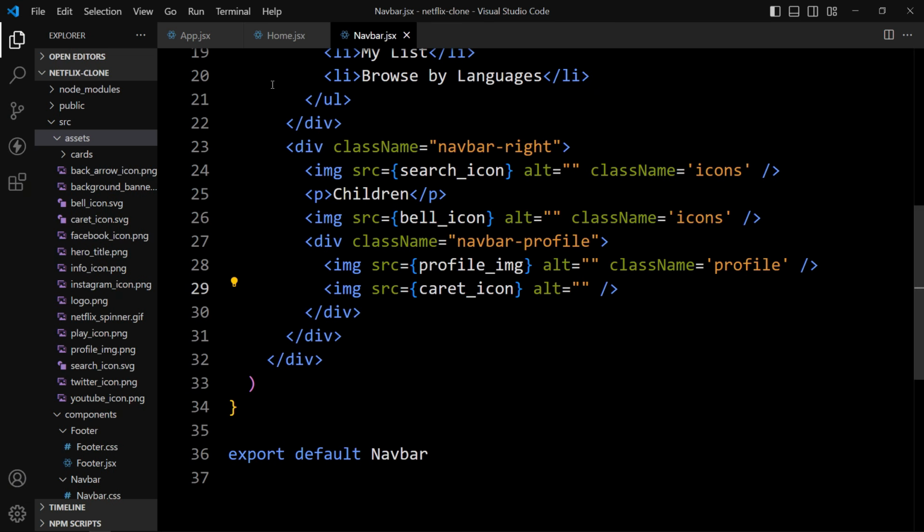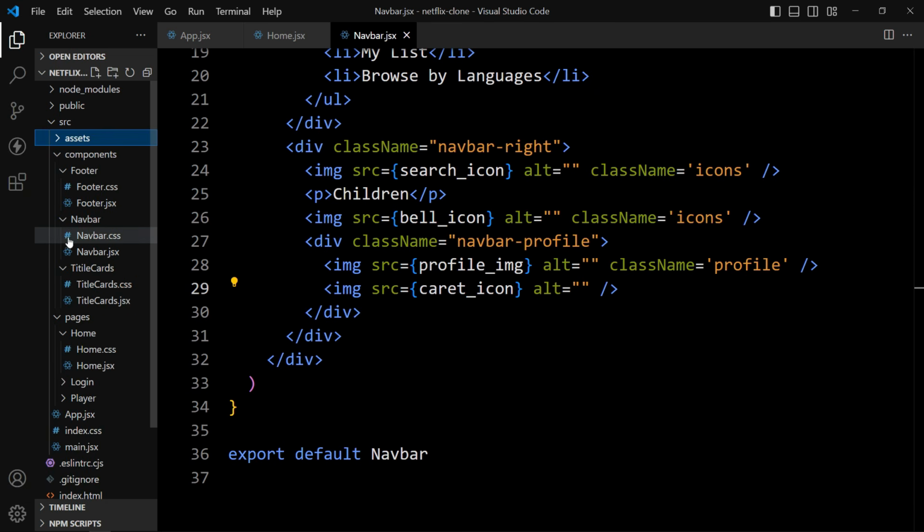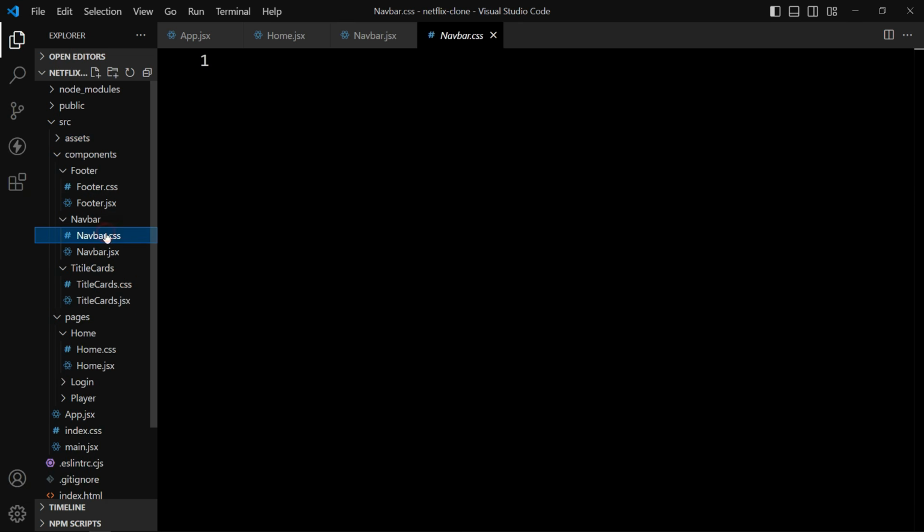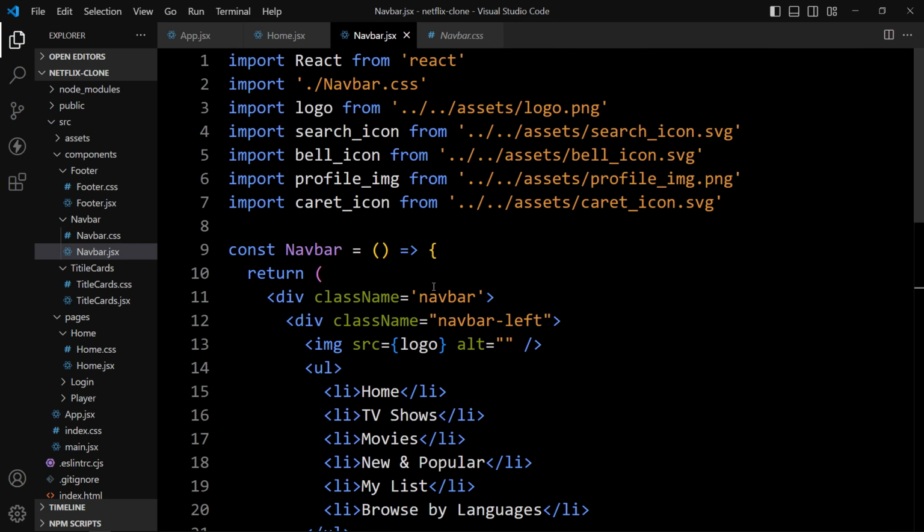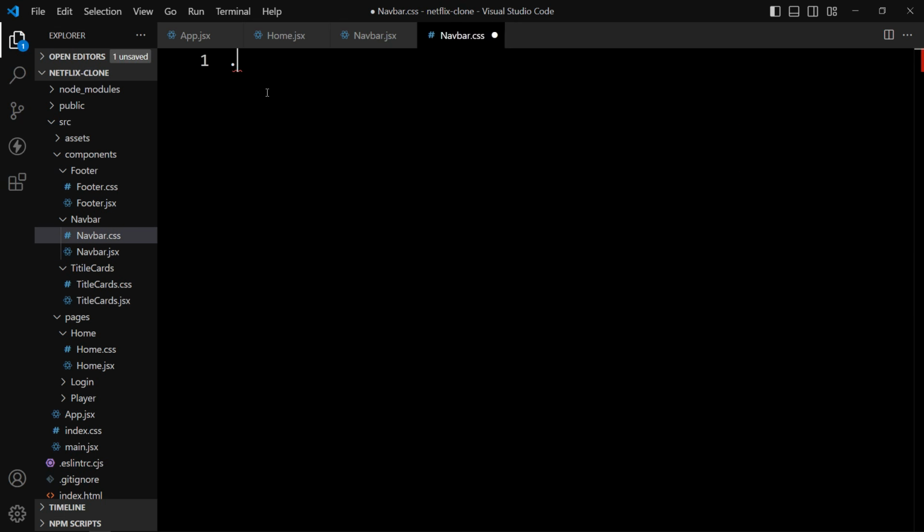So let's come back and we will open the navbar.css file, and in this one we will add the CSS properties for the navbar class name, which is here. So just copy this class name, add it here, and for this one we'll add the width. So the width will be 100%.